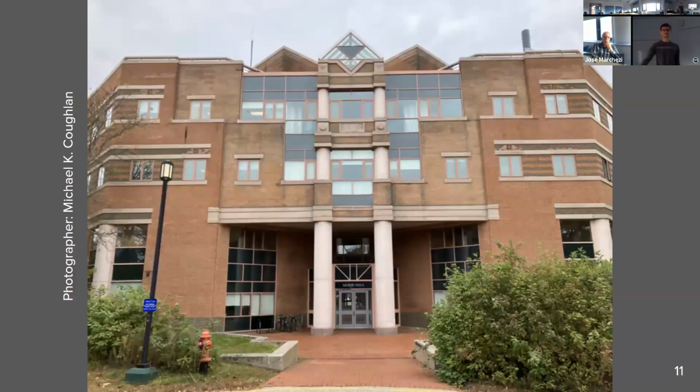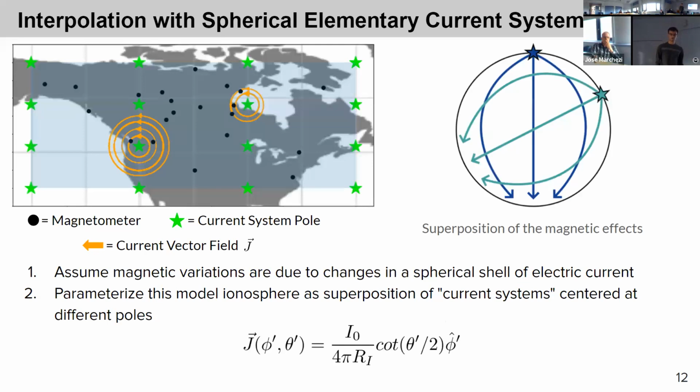All right, now I'm going to talk about what I have been doing at UNH, not involving any of the FDL stuff, but quite in a similar vein. Again, I will answer questions about a somewhat complicated method, but I'll give a rough overview. This is a spherical elementary current systems method, which is sort of like an electrodynamics-informed interpolation system. Unlike spherical harmonics, which is just geometric and gives you a value everywhere on a globe, this will give you a value everywhere in a region, but takes Maxwell's equations into account. So hopefully that's a bit better.